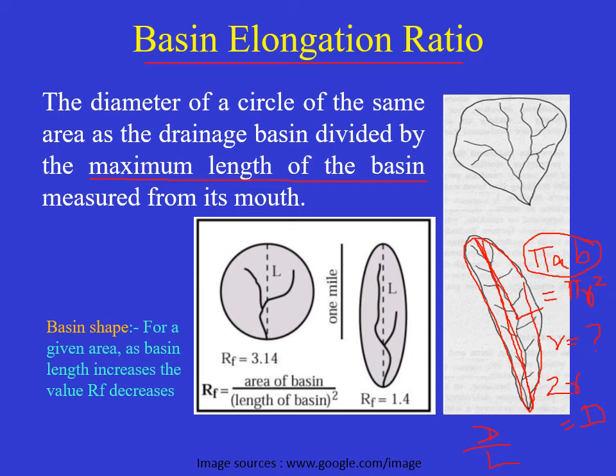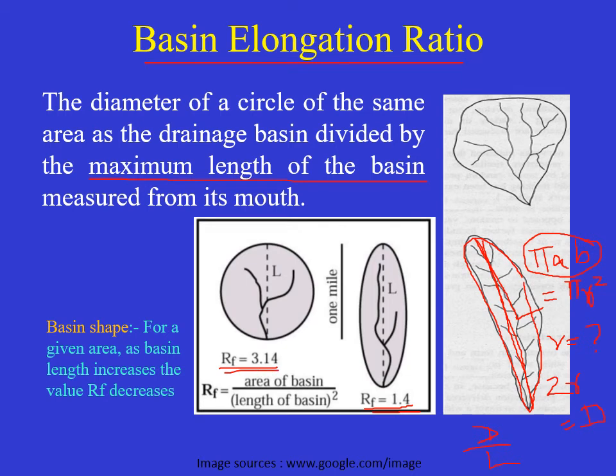Okay. And you can see here, for an example, the RF value, the basin shape indicating value, is given for two different shaped basins. One is for an elliptical, one is for a circular basin. You can see that the RF value is decreasing whenever a basin is more elongated, more elliptical,